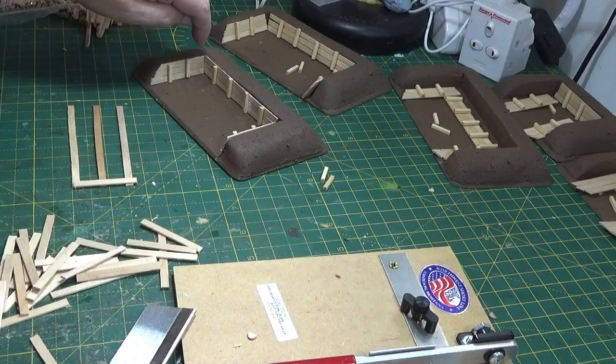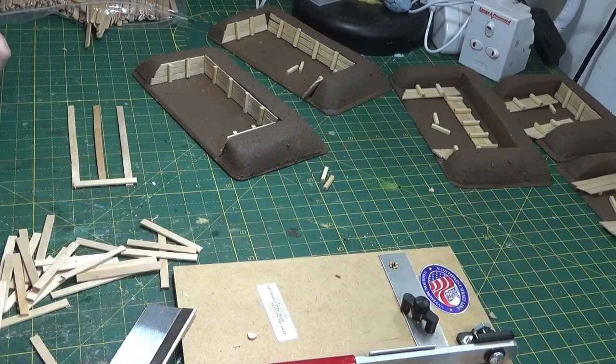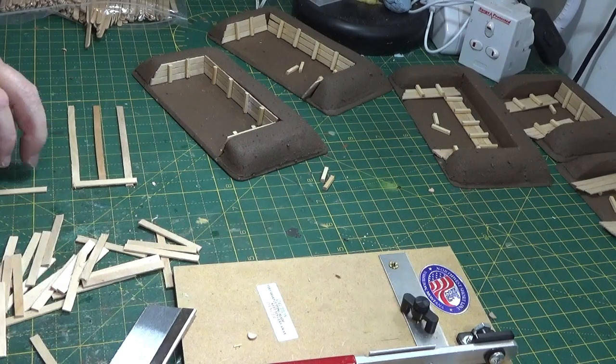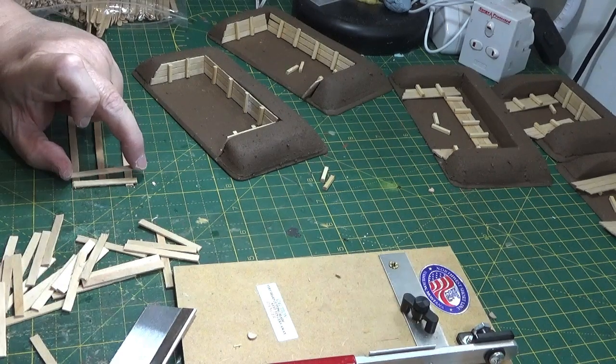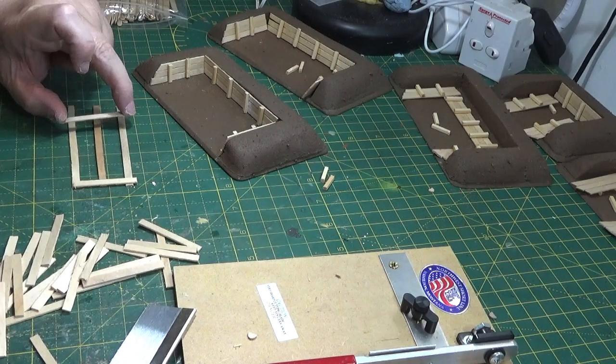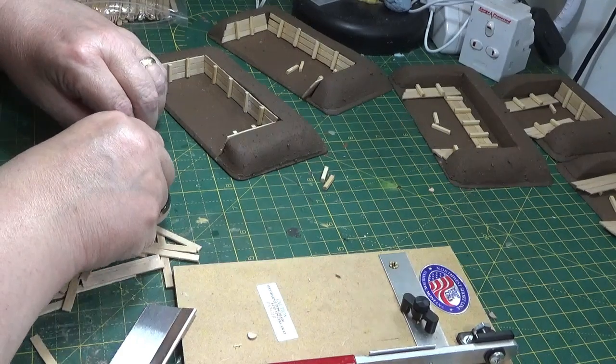So there will be a little gutter gap around the side, which is pretty much how it should have been, to let the water flow away. And then I've cut these pieces to the right size, and I'm going to go along here gluing them in place. Now it's going to be a bit fiddly,